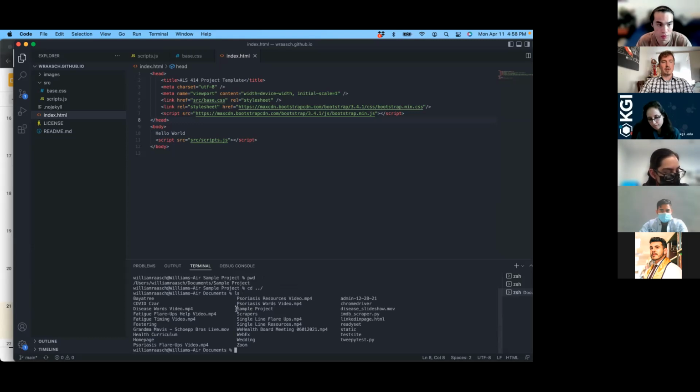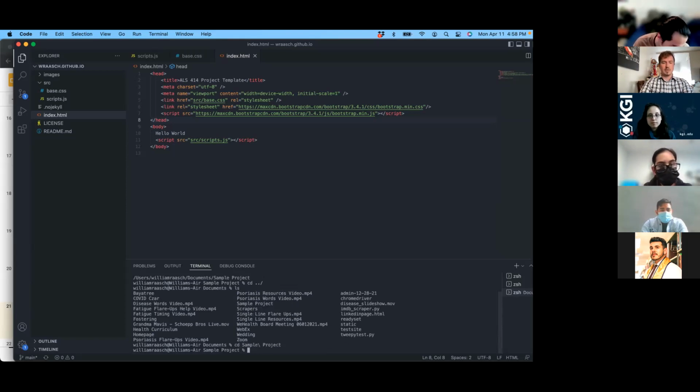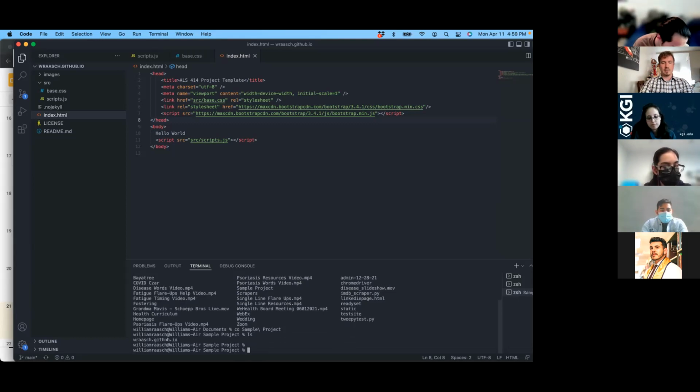So I could maybe create a folder in here. You don't have to use the terminal to do it. You could, but if you want to just go into your documents folder, and then create a folder called sample project, or whatever you want to call it, KGI, what have you, then you can do that. And then make sure you just navigate into the project that you want to navigate into. So I navigated into sample project, and now I'm in the right place. So once I'm in the folder where I want to essentially download the repository files,